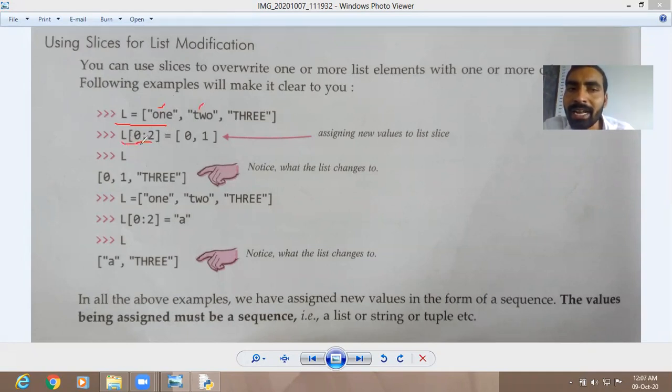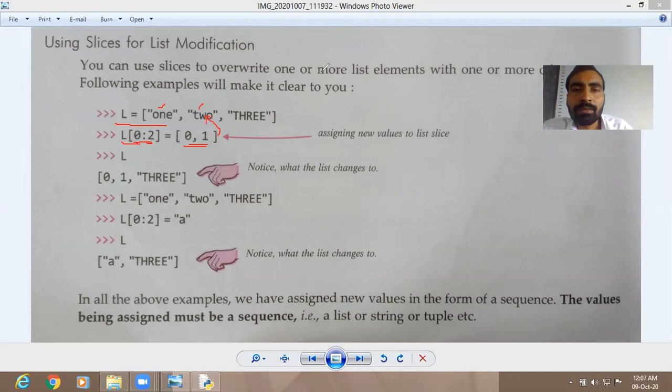As given here, we write the list name, square bracket, the starting index, colon, the ending index, is equal to the values in the form of a list. If you provide the values in the form of a list, that will be the new value, okay? And then this new value will be assigned to your existing list, it will be updated in the existing list.